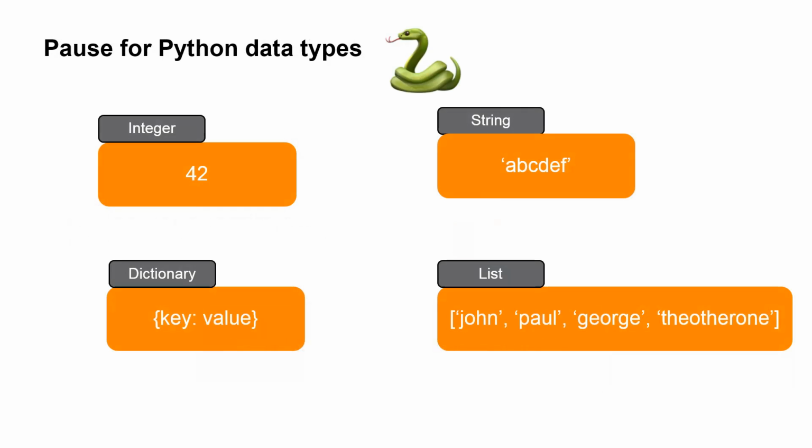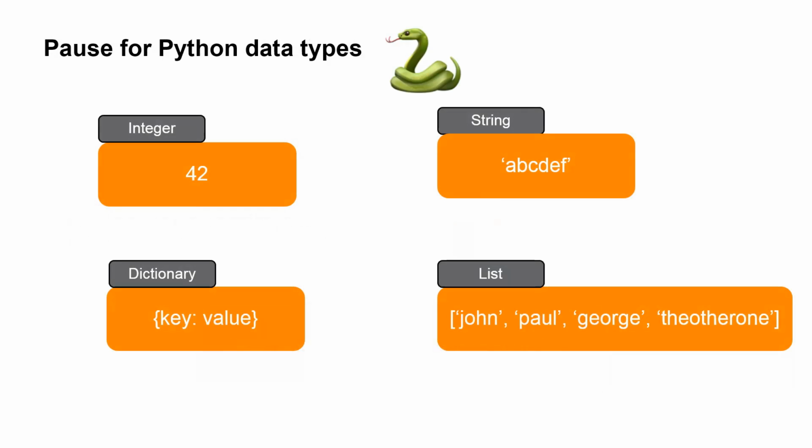Don't worry if you don't know any Python or you haven't done anything before. We're not going to go much deeper into the specifics of Python, but I think just shining a light on these really helps to illustrate what we're talking about when we say that things are changing in terms of network automation in the world right now. Okay, so here are the different data types that we see.